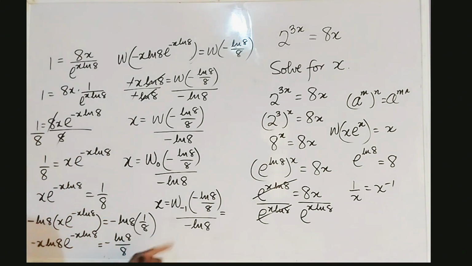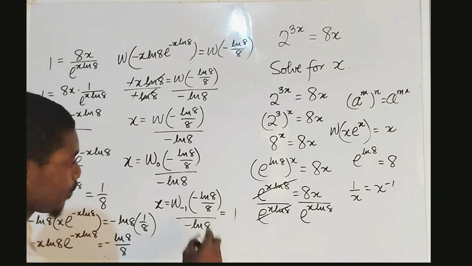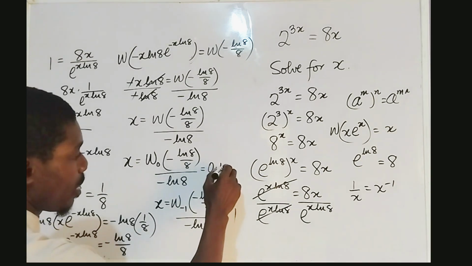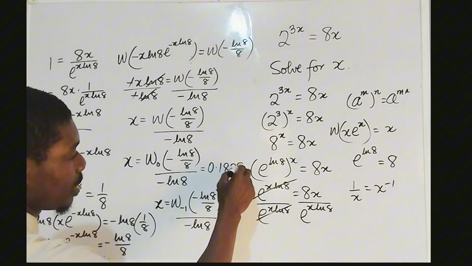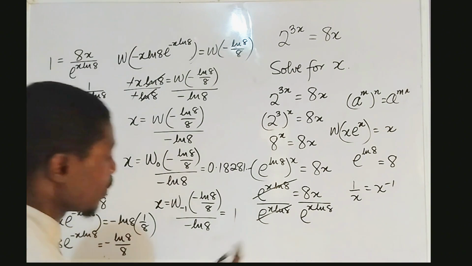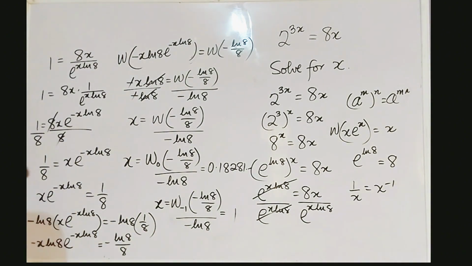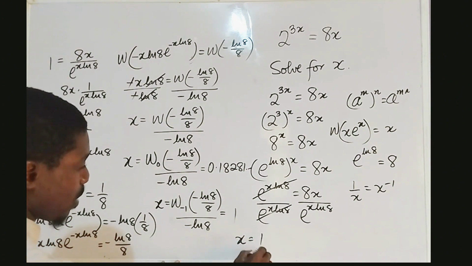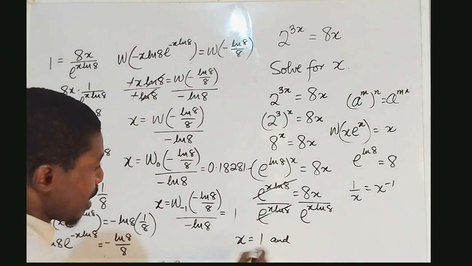Now this will give us 1, and this will give us 0.18281 and so on. Alright, so the two values for x for this equation are x equals 1 and